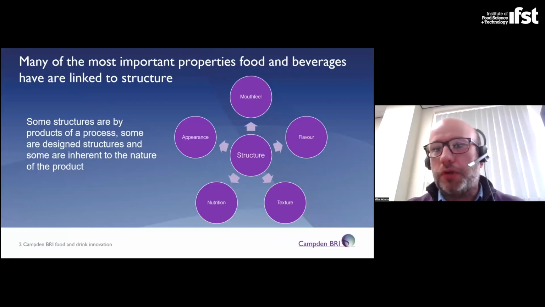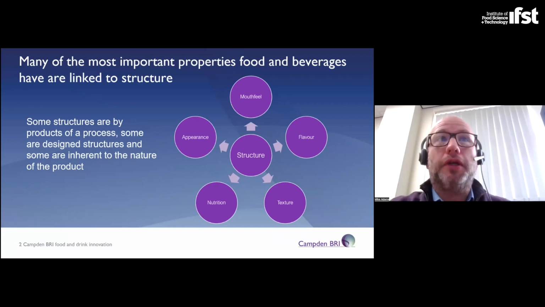So why is structure important? Well, structure impacts food and beverages in a myriad of different ways. As you can see from this graphic, and this is just a selection of 5 of the things that structure has an impact on. We're talking about nutrition today, but obviously structures, whether natural or designed or engineered structures, have a huge impact on every aspect of food and beverage. And from a product developer's perspective, a lot of these are at the consumer. So consumers' understanding of the appearance, the mouthfeel, the flavour, the texture of a product, all are significantly impacted by the